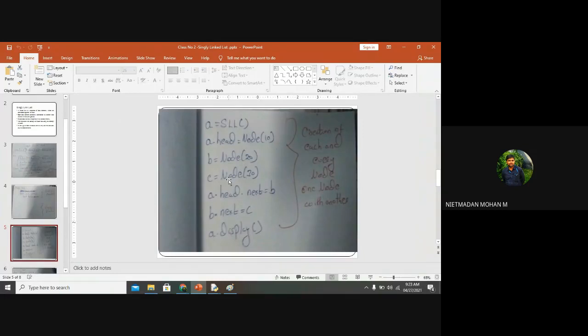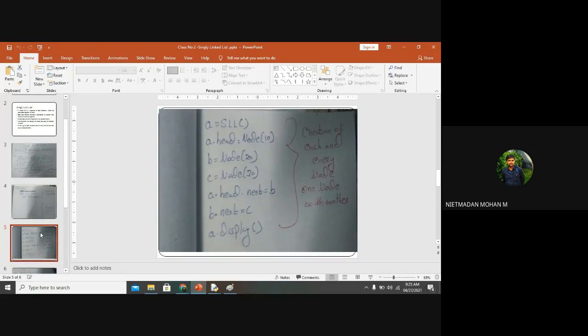So now coming to this, first what we have done: we have created a class called Node, we have created a class called linked list, and we have created an object and given an input for that particular object. So three things we have created, and the final thing we want to do is display whatever data we have collected.